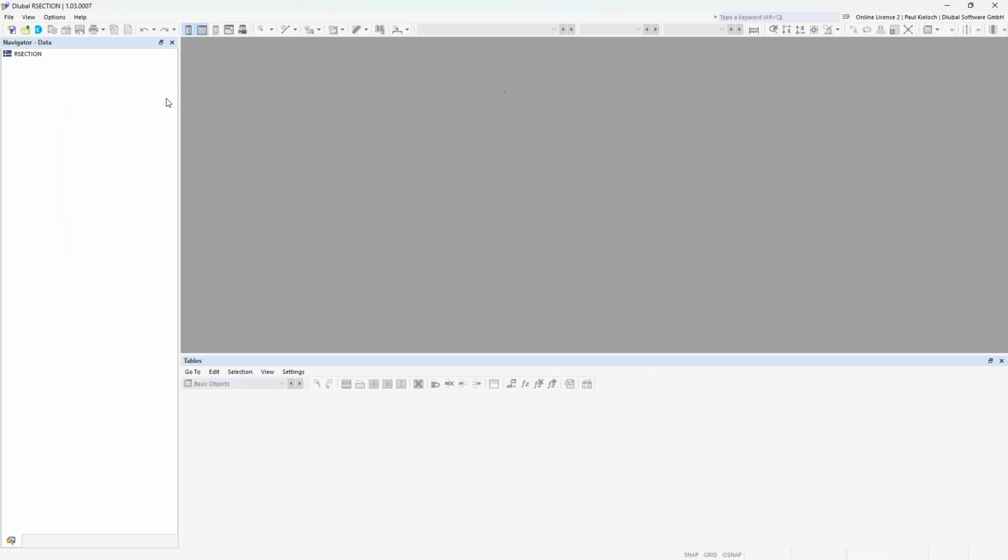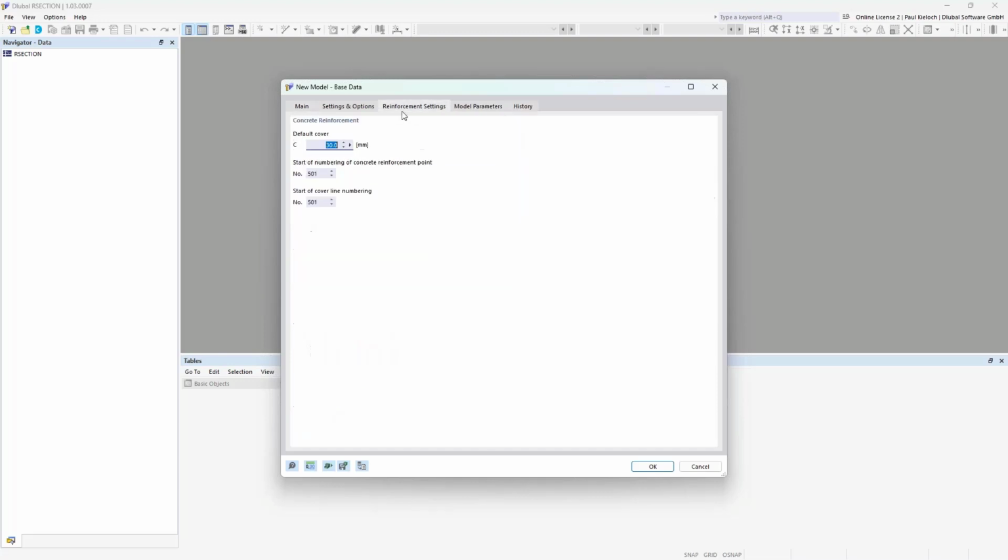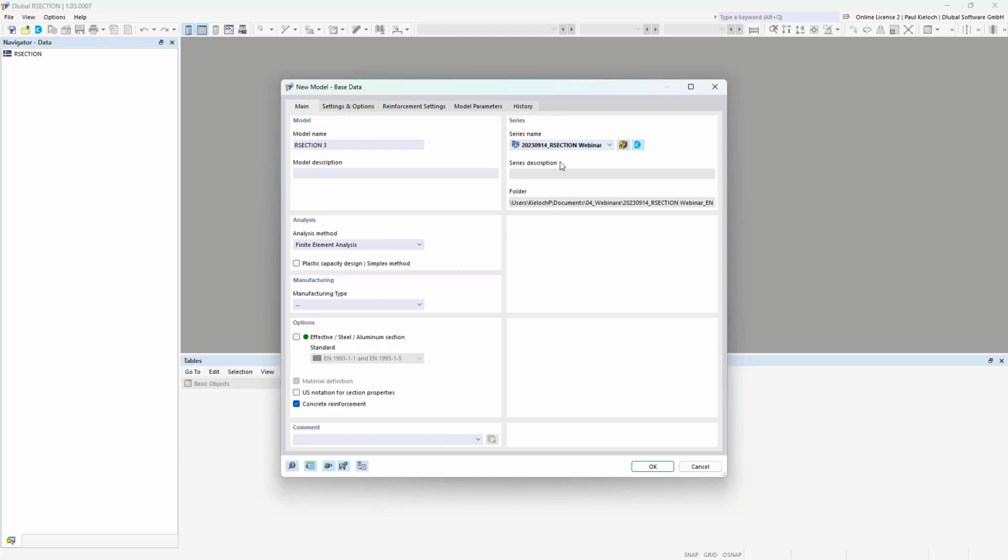I will close this once again and create a new one, or section 3, for example. Check on this option once again. I leave the default value here. Now in this example here, it is important to check now the